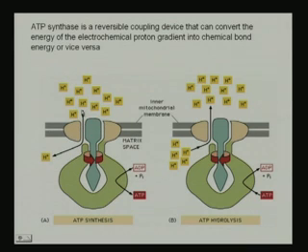Then protons are pumped inside into the matrix of this mitochondria, and during that time ATP synthesis is going on. That means, when protons are pumped in, the concentration of protons inside is less and outside is more, and ATP